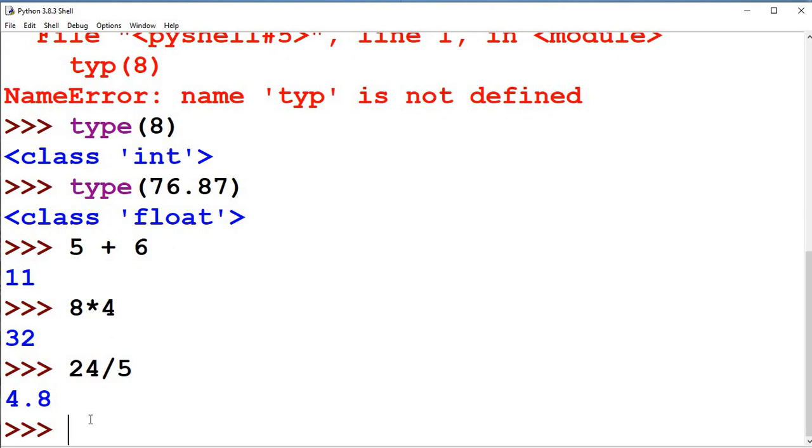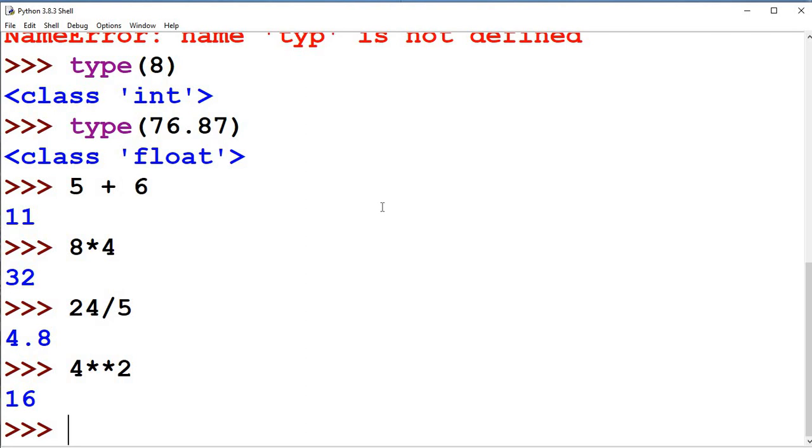If you write 4 star star 2, that means power. So plus is plus, minus is minus, star is product, the slanting symbol is division, and double star is power. That means 4 to the power 2, so obviously it will be 16. That way you begin your typing and calculate things.